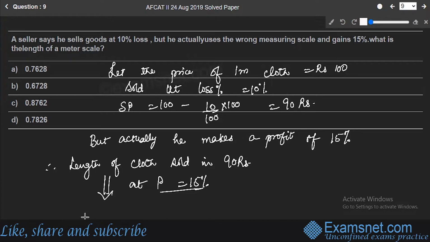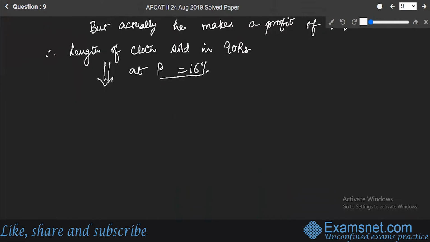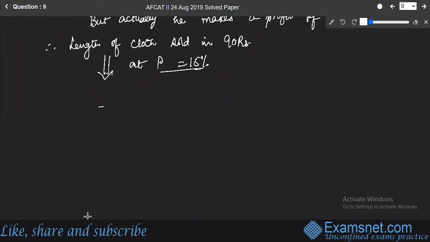So the length of that cloth was equal to 90 into 100 upon 100 plus 15, which is 90 into 100 upon 115, which will evaluate to be